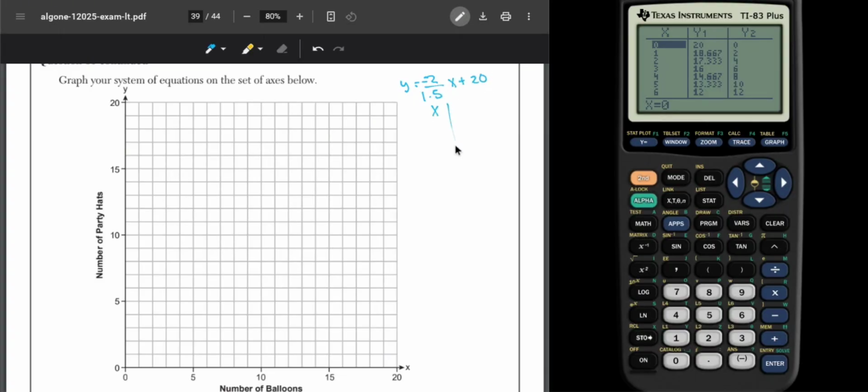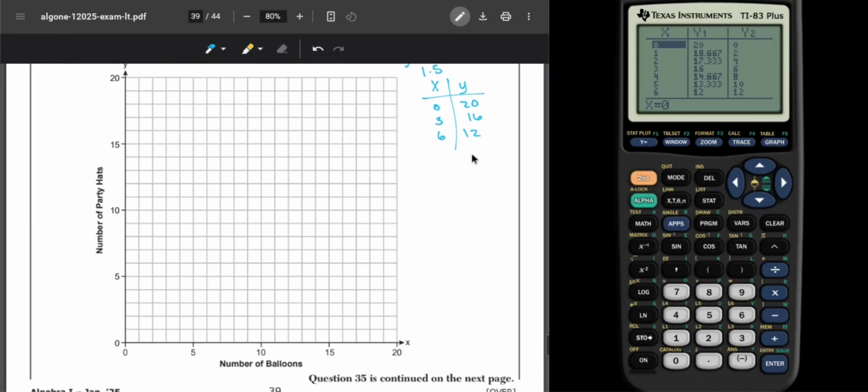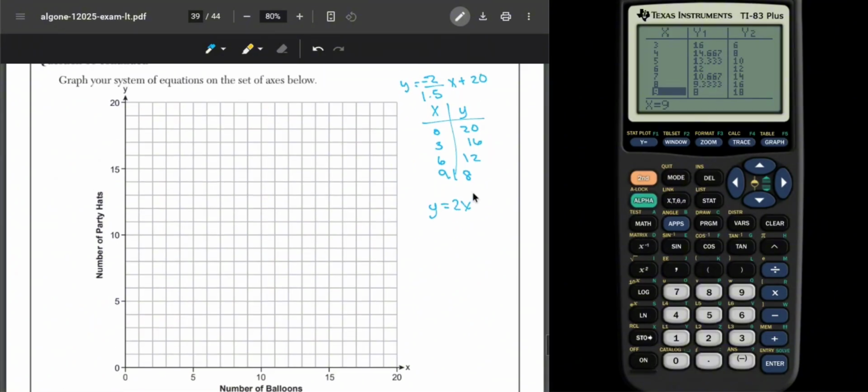So my x and my y. I'm going to have 0, 20. I have 3, 16. I have 6, 12. What else can I graph on there? And I have 9, 8. Now for my next equation, y equals 2x, I can graph